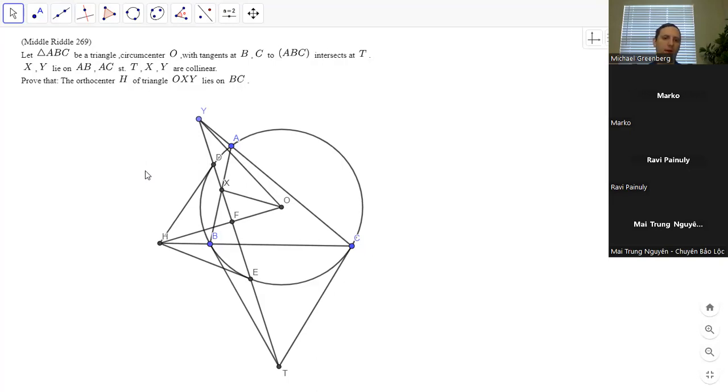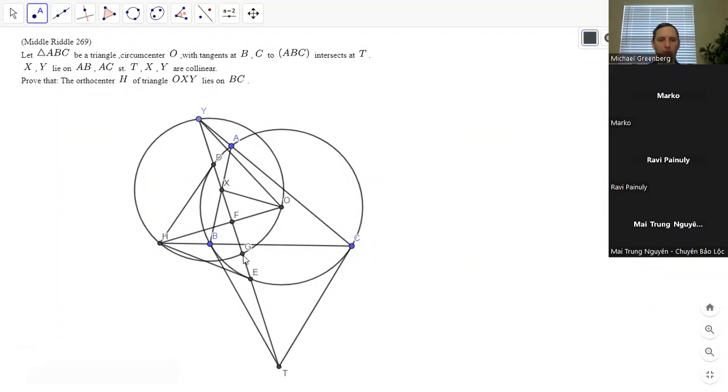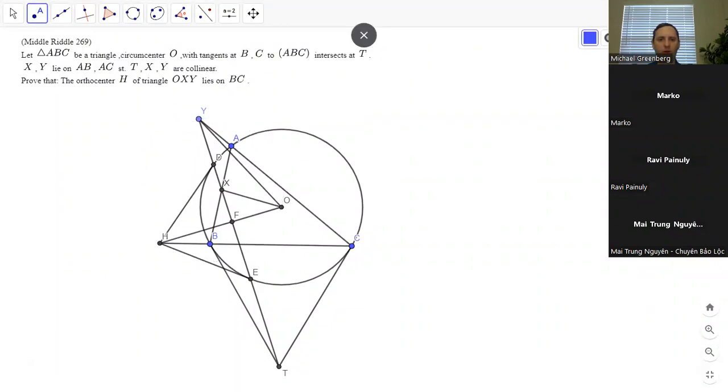So, I mean, another way to say it is we want to show X is the orthocenter of OHY, right? And what we could do, basically that means the reflection of X over OH lies on this circle. And we know F is the midpoint of DE. So maybe that would help. Let's see. Okay, so